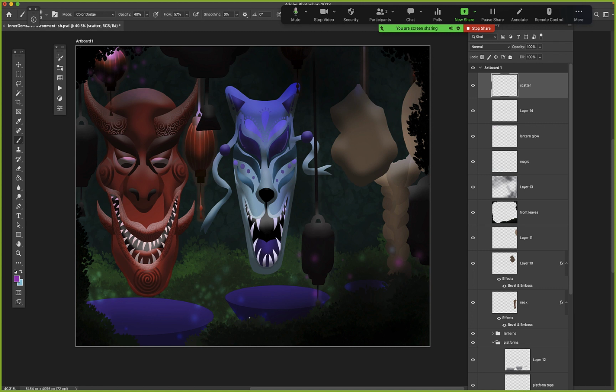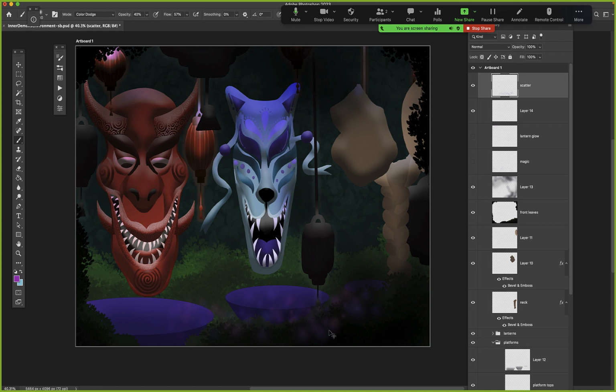I'm going to turn off the previous magic layers. I don't know where that other lantern glow is, there we go. Okay, so this is a new one on this scatter, and I'm just taking my brush around, and I can see that it's not quite big enough for what I need on your piece right now, Kelsey, so I'm going to make my brush a little bit bigger with the bracket on the right and play with that. I'm also at a lower opacity, and I really want it to be